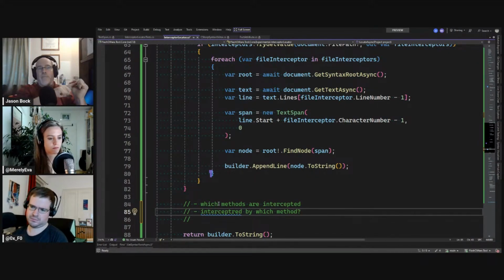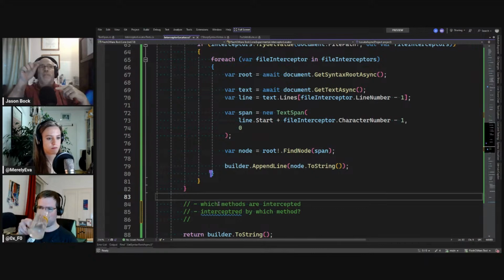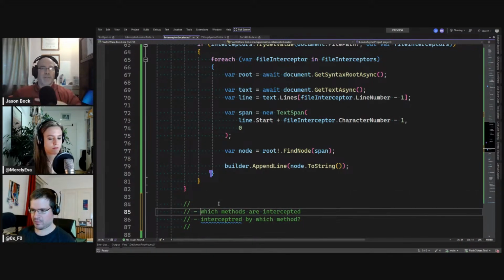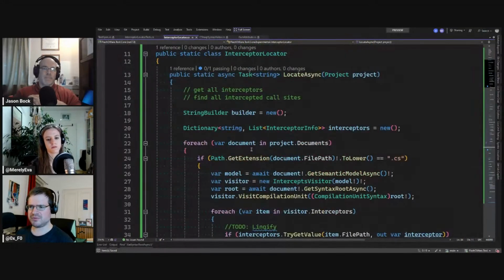So what I want to see, if I run this on a project, is: find me all the places in code that are going to be intercepted and by what. If you can do that. What would be a helpful format for that?